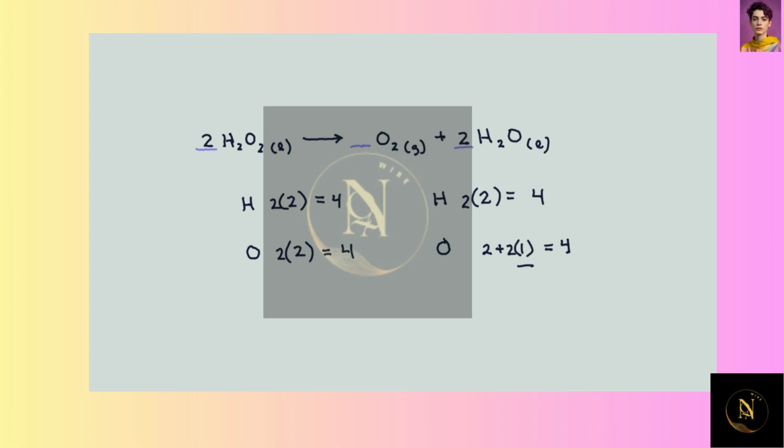So now our equation is balanced. We have an equal number of each type of atom on each side of the equation. We did not need to write a coefficient in front of oxygen. However, a lot of your computer programs will require you to put the understood 1 in there. So you'll have to decide if your program requires you to put something in that box. If so, you would just want it to be a 1. If not, we typically don't write coefficients of 1. All right, so this is your